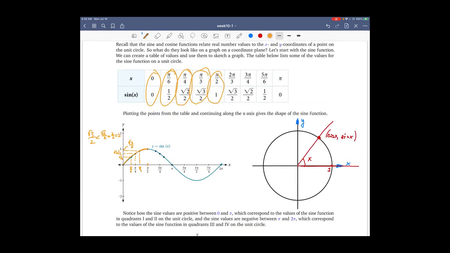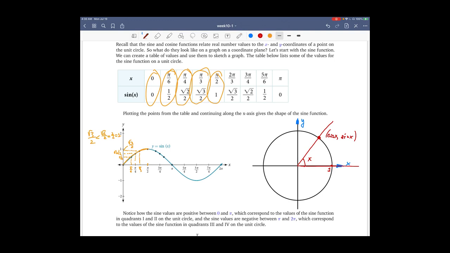So now it's interesting to see what's going on in the second quadrant. Once we reach the angle pi over 2, where sine is 1, and start further increasing x from pi over 2 to pi, the value of sine again starts decreasing from 1 to 0. And here it's very important that we recall the symmetry of sine. What do I mean by this? I mean that if this angle here is x,